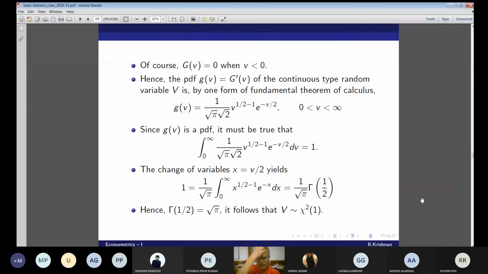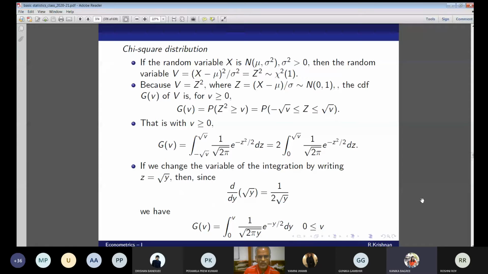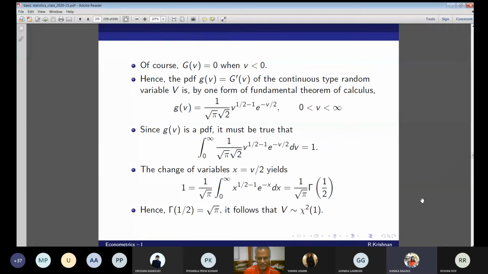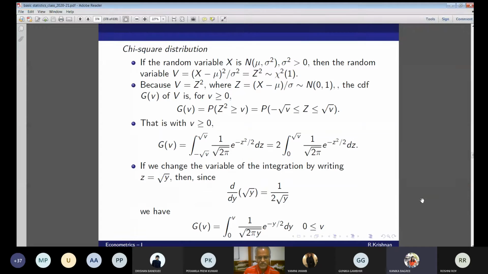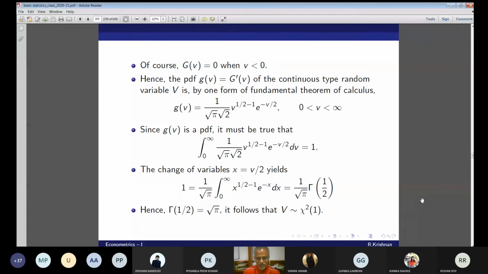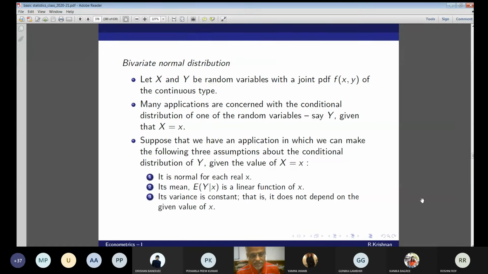There must be a connection with the gamma distribution. So that is the gamma integral, sir. The gamma distribution must have come in. Okay, that v is chi-square 1. Okay, this proof is incomplete, so don't worry about this proof. I just want you to know that this does follow a chi-square distribution, which is nothing but the square of the standard normal random variable. Okay, now the real thing starts.